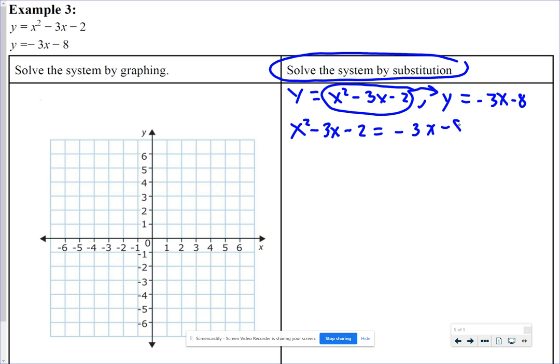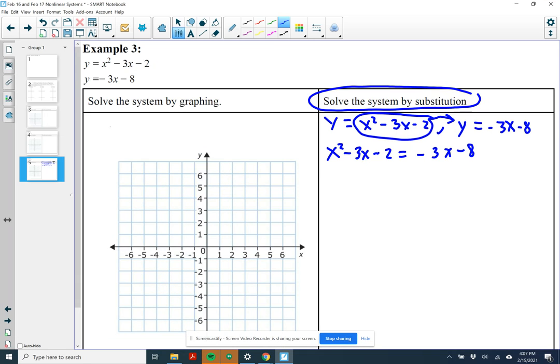So we need to solve this equation. Notice there's only one variable, the x. So I'm going to set it equal to 0 by, let me switch colors here really quick, adding a 3x to both sides. And I was going to add an 8, but I'm going to hold off on that because notice what's going to happen. The x term is going to disappear, and I just have x squared minus 2 equals negative 8. So if I were to add 2 to both sides,